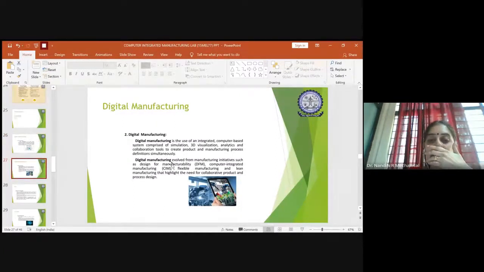The second one is digital manufacturing. Digital manufacturing is used in the world of integrated systems, in which the computer-based system plays a vital role with simulation, 3D visualization, analytics, and collaboration tools. With these steps, you can create the product and manufacture digitally. Digital manufacturing involves all the manufacturing activities, right from design for manufacturability.